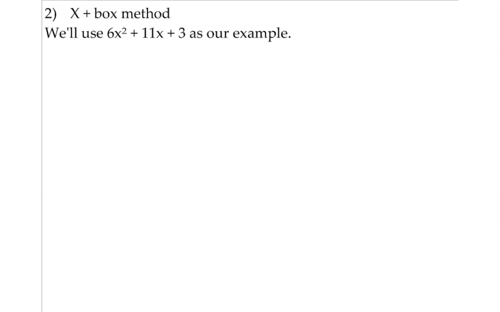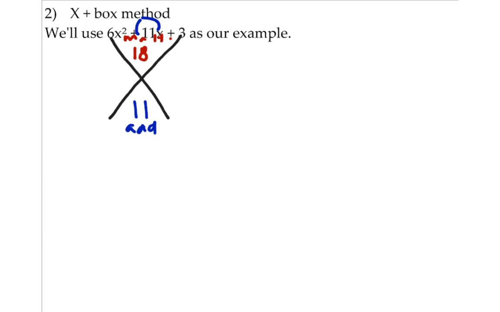There's a second way we can do this, and that's by using what I call the x box method or the x plus the box method. Same exact problem. I'm going to start by drawing an x, and you'll notice as I'm drawing my x, I'm very deliberately setting the bottom lines under the 6 and 3. The top number in our x is our multiply number. And we get that by taking 6 times 3, which is 18. The number here in the middle, including the sign, is our add number,